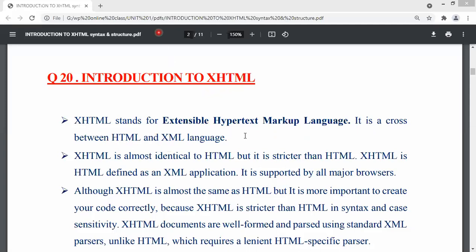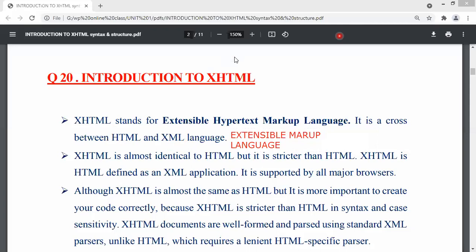Now, what is XML? XML is Extensible Markup Language. We already know what HTML is, right? We are already familiar with HTML. HTML is Hypertext Markup Language, whereas XML is Extensible Markup Language. Make a note here. HTML has got its own set of rules and regulations, right? The XML language has also got its own set of rules and regulations.